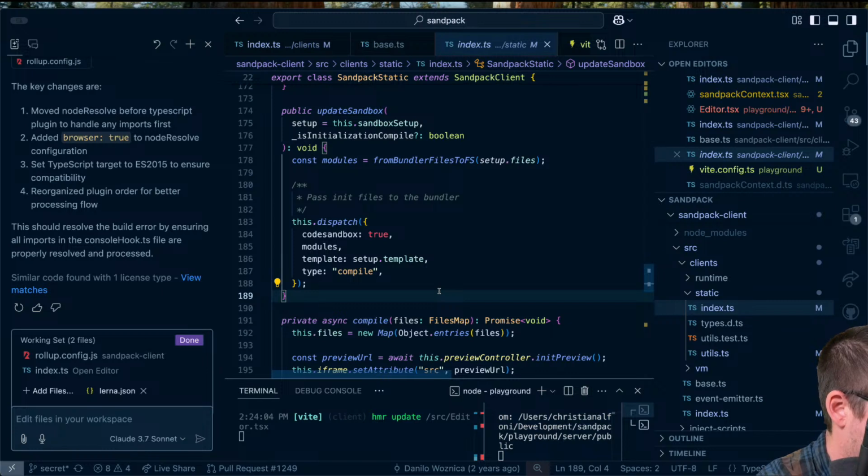Both static and normal are so bound to the Sandpack compiler and its behavior, which is exactly what we are not going to use with the VMs. I think we need to